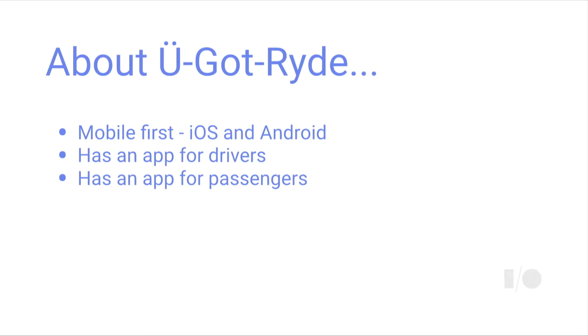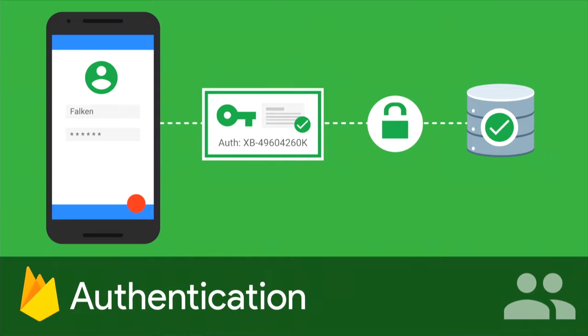Crazy idea, right? So the first thing you probably want to do is get users logged into your app. It would be kind of crazy to have a ride-sharing app where anonymous drivers are giving rides to anonymous people. That seems like a recipe for disaster. You probably want to get people logged in and identified so they can have some assurance that this is totally a legit thing. So you can do that with Firebase authentication. People can get logged in with minimal friction, and it's a federated login system. So we'll accept Google+ logins, Facebook, Twitter, and GitHub, of course, regular email and password, and if you bring your own authentication, you can integrate that as well.